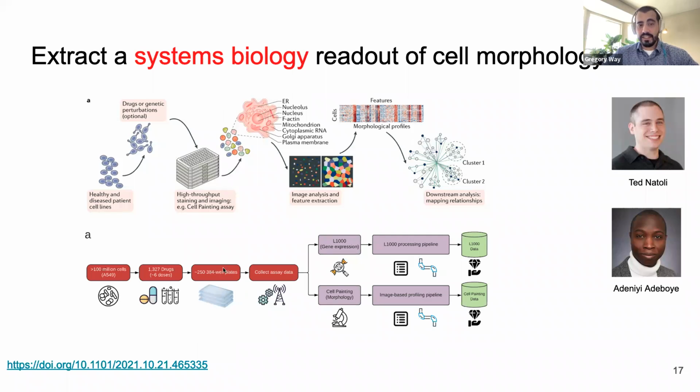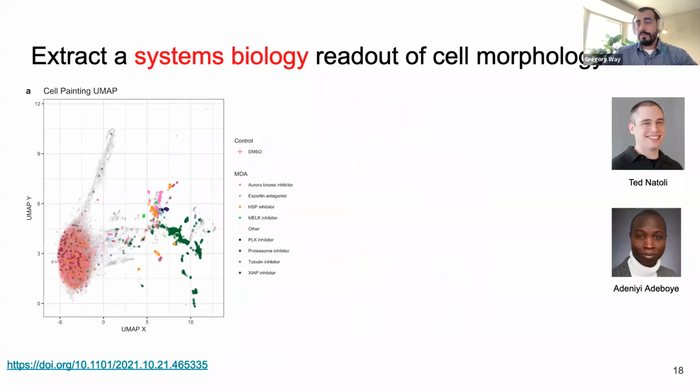and we measured them in about 253 4 well plates. And we used this exact same plate map layout to collect both gene expression and cell morphology data via the L1000 and cell painting assays, respectively. We performed the traditional processing pipelines and got matched L1000 and cell painting data for all of these perturbations in A549. And so this is a UMAP representation of the cell morphology data, in which every single data point represents an individual perturbation and replicates of that perturbation.